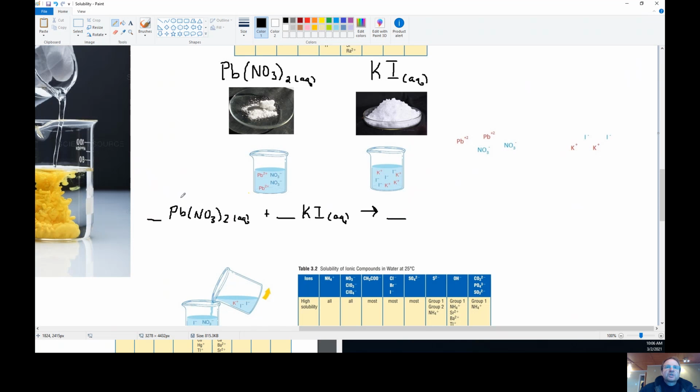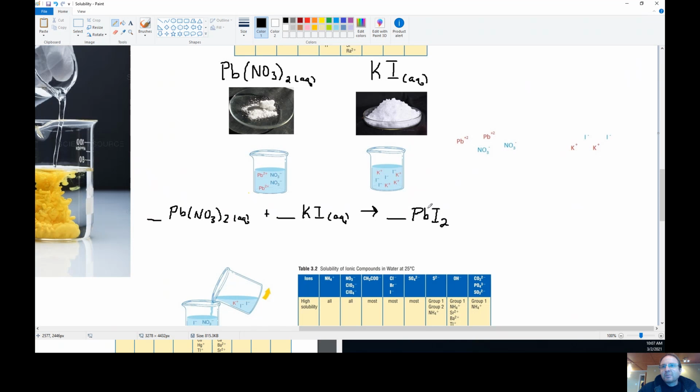So what we're going to assume is what's called a double replacement reaction. Right now, lead is partnered with nitrate and potassium is partnered with iodine. These can switch partners, and that's what happens in a double replacement. So we're going to get now lead iodide, so Pb, and of course the proper formula for lead iodide is